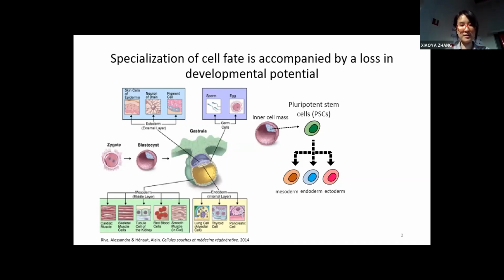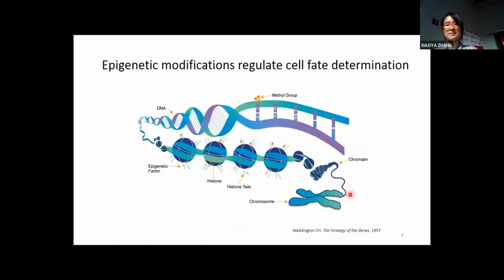At this stage, you can take the, let me open the laser. You can take the inner cell mass of the blastocyst and culture it in vitro, and it can self-renew infinitely and differentiate into all three different germ layers. Eventually they can become somatic cells that have distinct functions. During this process, the cells lose their developmental potential, but they gain different functions and commit to different lineages. So this is a very highly dynamic change